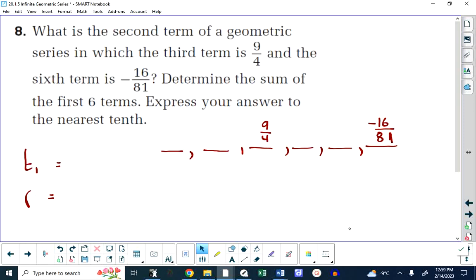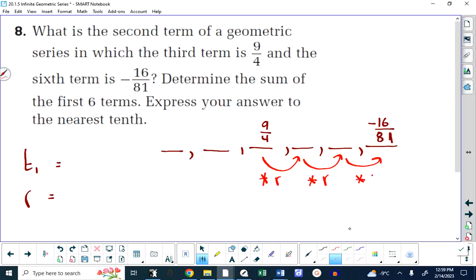So the idea here behind this method is that to go from here to here, you multiply by r. To go from here to here, you multiply by r. To go from here to here, you multiply by r. And by the way, there's a similar kind of approach with arithmetic, but this is very useful in a lot of questions because quite often you're told two terms and they're not next to each other. If they were next to each other, we could find the common ratio or the common difference if it was